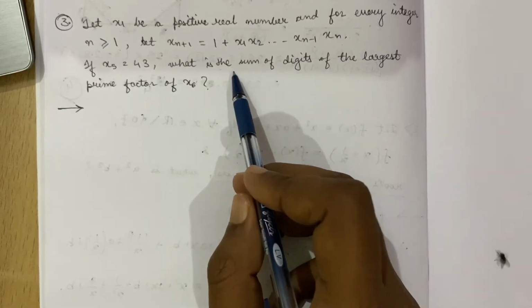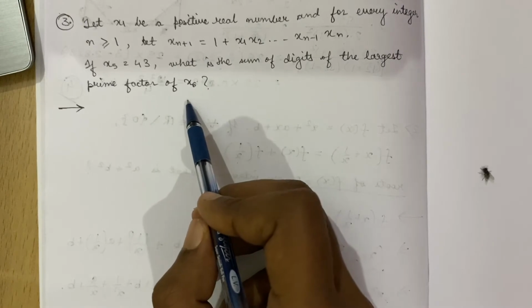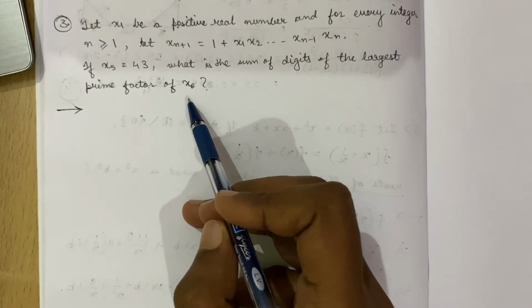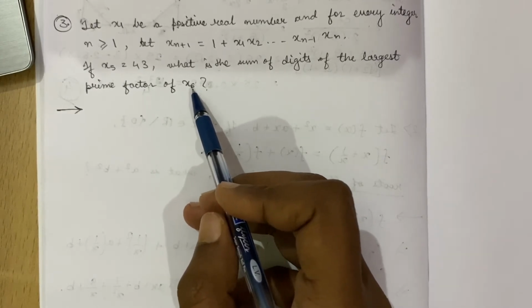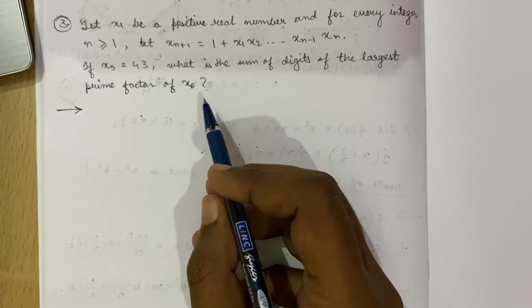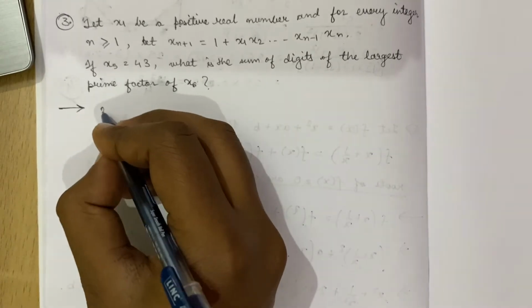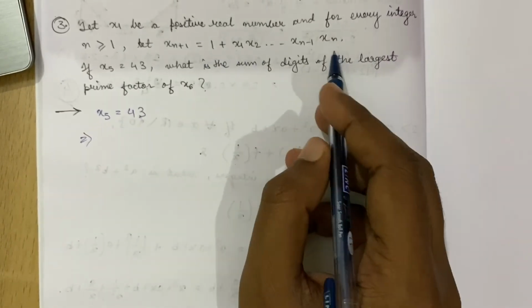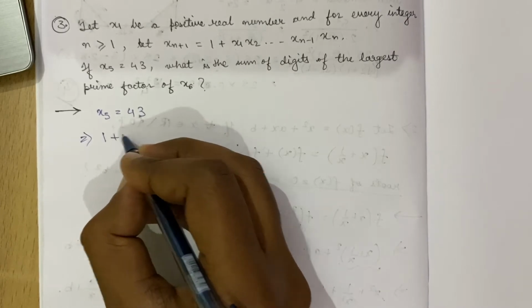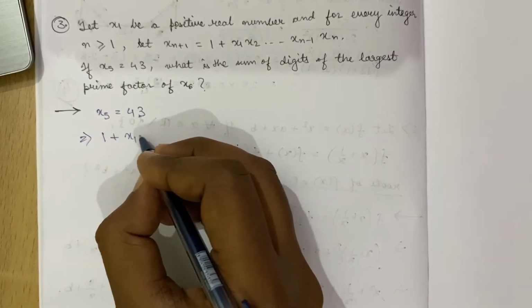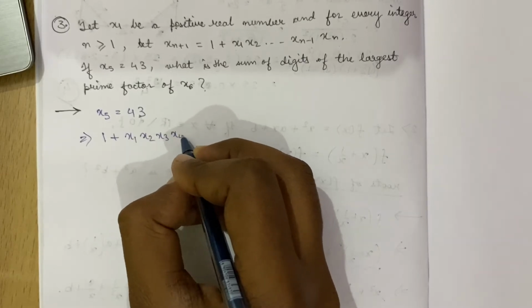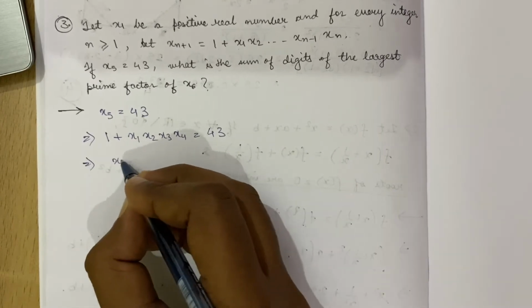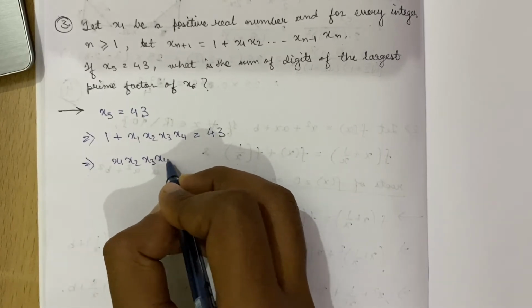So for finding the sum of digits of the largest prime factor of S6, I need to find the largest prime factor of S6, and for that I think I need to find the value of S6. So I'm given that x5 is equal to 43, which means using this equation I can say that 1 plus x1·x2·x3·x4 is equal to 43,